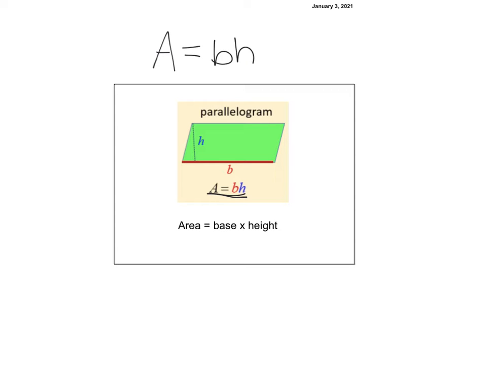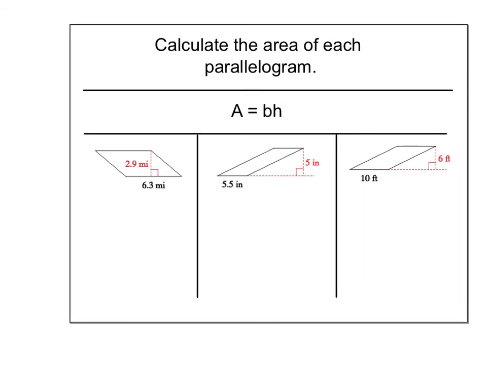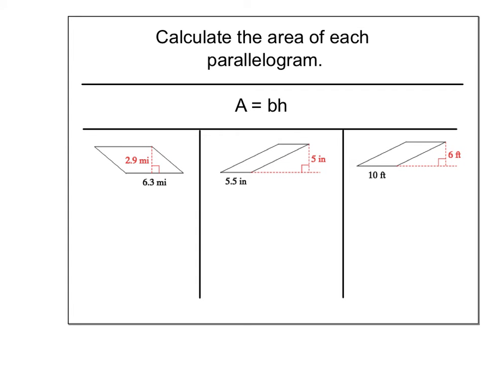So the height is a line that you're going to see either inside the parallelogram or sometimes outside of it. It's a dotted line, and the side that it drops down to is the base. So here, this dotted line is our height, and then the side that it drops down to is our base. So we take the values for those segments and we multiply them together. So if we look at this next page, this first problem here, we have a height of 2.9, and we